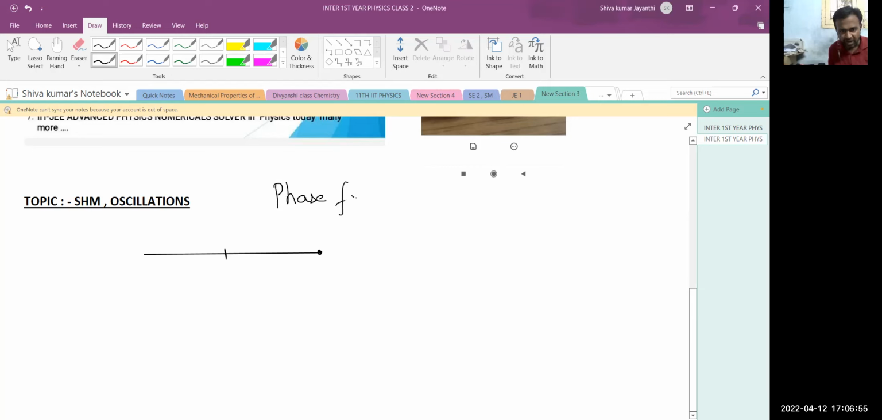Or phase factor. In chemistry, in solid state chemistry, second year intermediate, you have this word, phase factor. Now in physics, we call it phase. What is phase? You should understand what phase is. Phase means, have you seen those